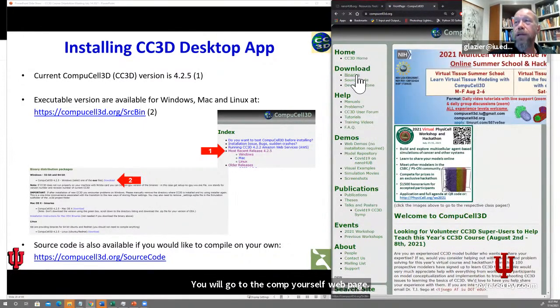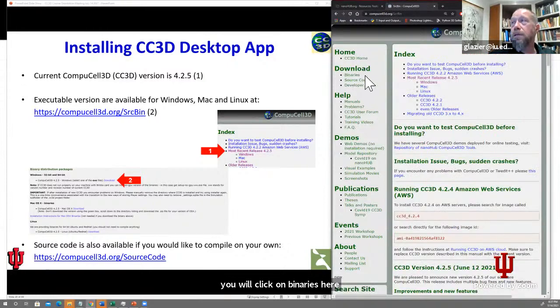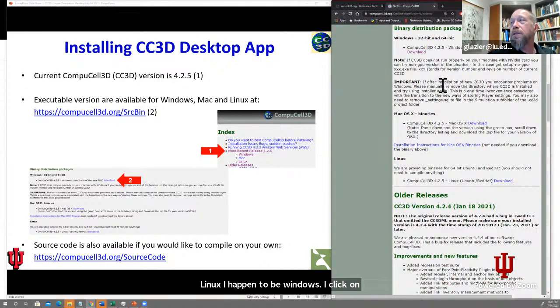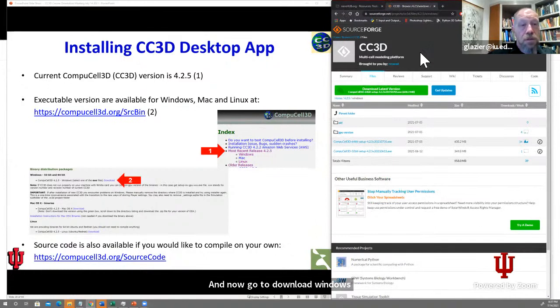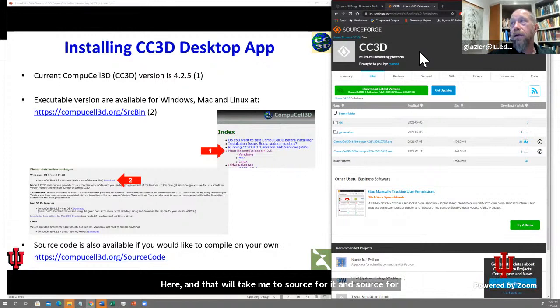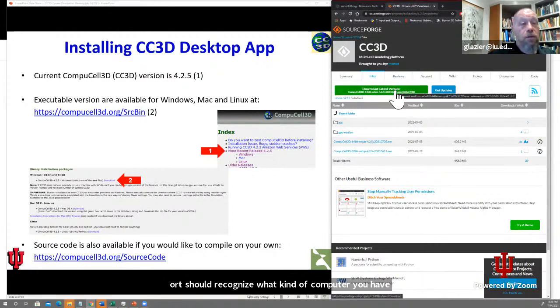You will click on binaries here. And then you will decide if you're Windows, Mac, or Linux. I happen to be Windows. I click on Windows, and I'll go to download Windows here, and that will take me to SourceForge. And SourceForge should recognize what kind of computer you have, and you should be able then to download the latest